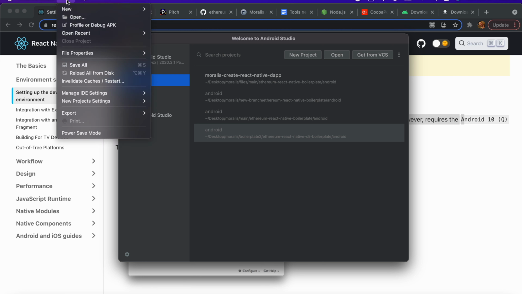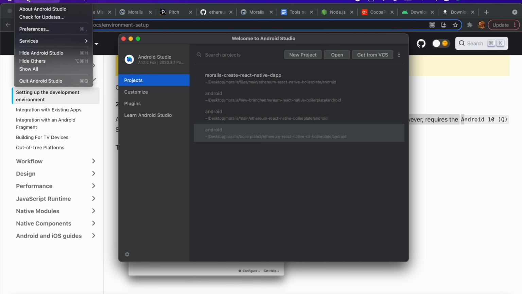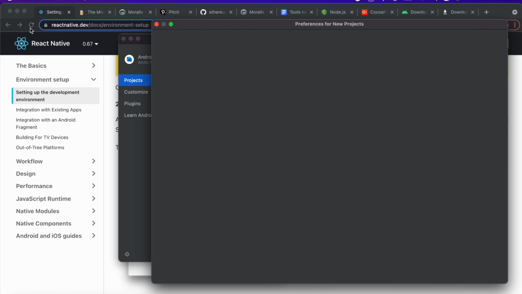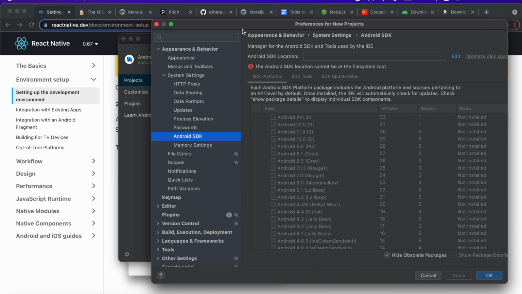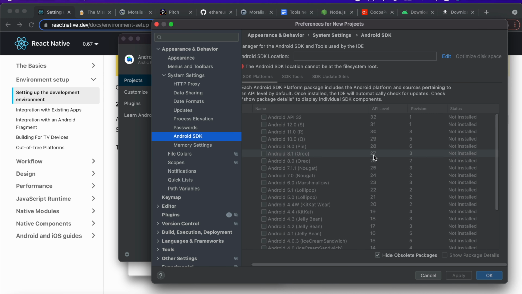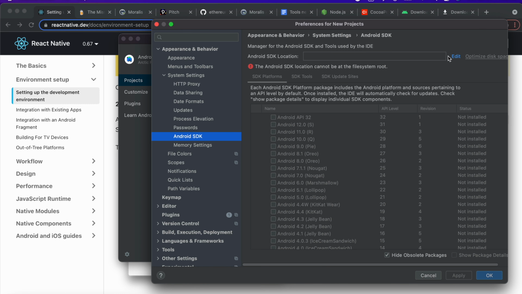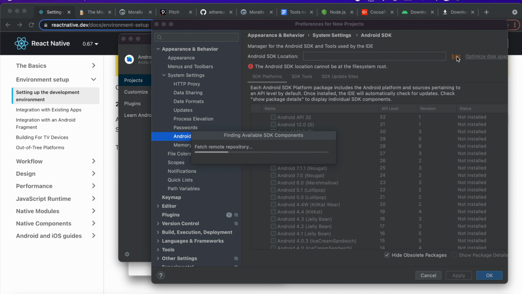Alright, so here on the project, let's go up top to the menu, click on Preference, and it's going to open up the preferences. And then here under Appearance and Behavior, we have System Settings, and under System Settings, we're going to click on Android SDK. Alright, so here on the Android SDK, it says that the Android SDK cannot be found in the file settings. So just click on Edit,